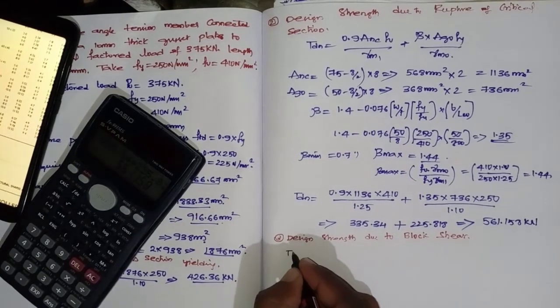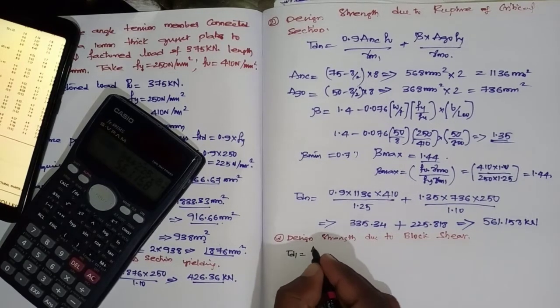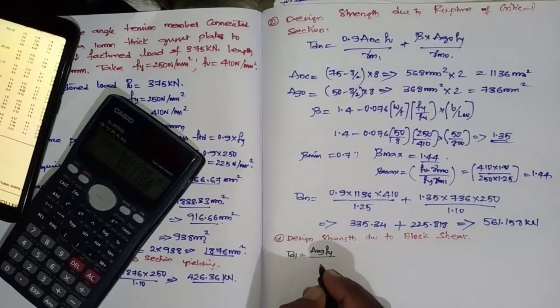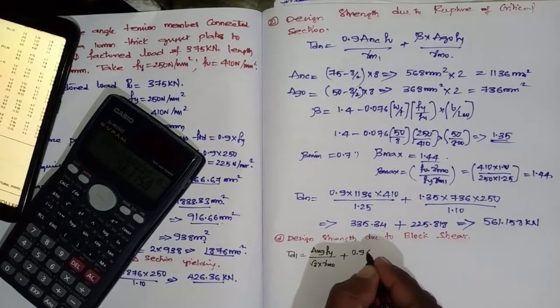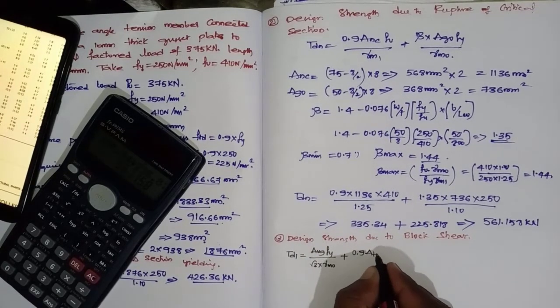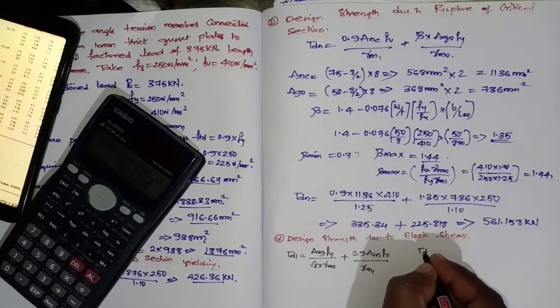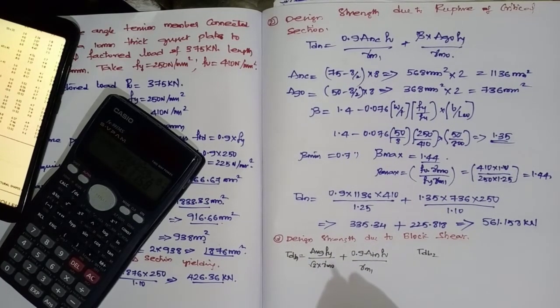That is TDB1. Okay. AVG Fy by root 3 into gamma m naught plus 0.9 ATN Fu by gamma m1. This is TdB2, this is TdB1. Okay,